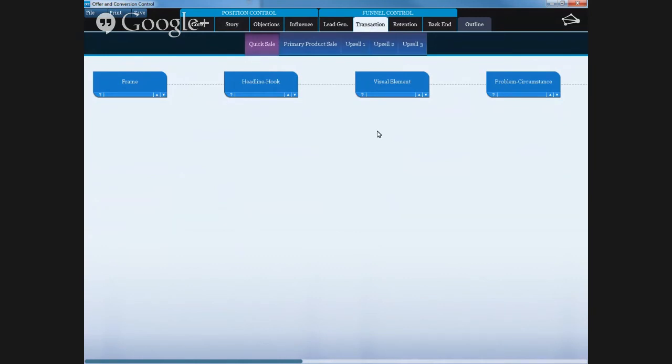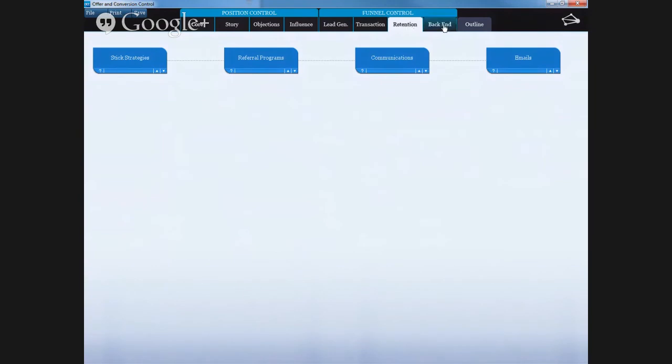We went through everything from the very first sale, the very first time you're ever asking your customers or prospects for money, all the way up through an upsell after the primary product sale, and of course culminating today with retention and back end. The only thing we of course didn't cover as a tab is the outline, and remember